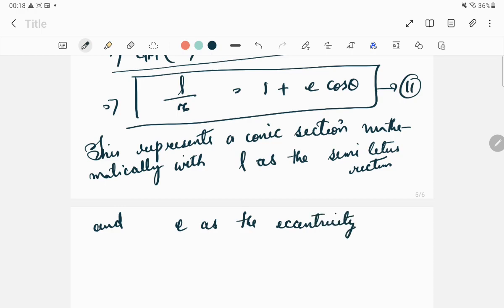So I would suggest all of you to go through your 12th standard books to understand about latus rectum